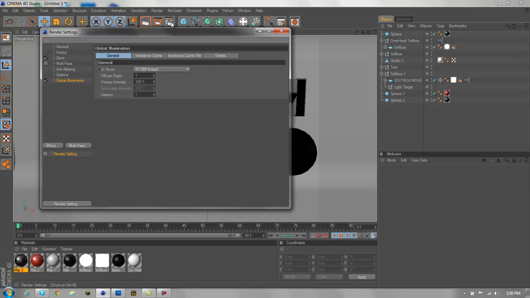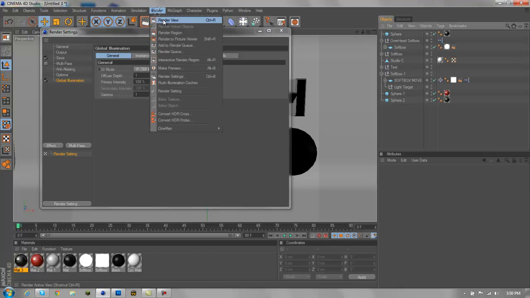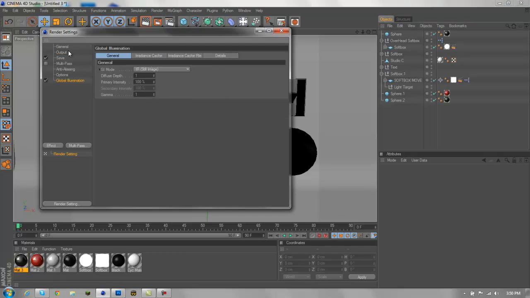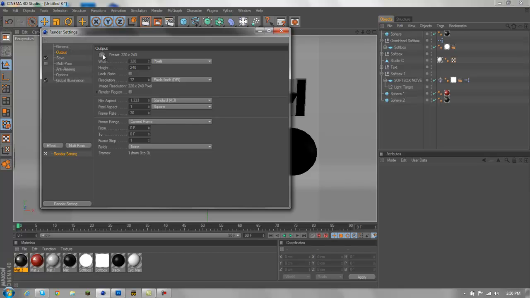And so we're gonna go into render settings. You click here, or you can click render settings, wherever the heck it is. Render settings right here, and you'll get this. You're gonna go to output, and you're gonna want your screen resolution if you're gonna make it a background. Now my screen resolution was 1600 by 900, and to find the screen resolution, if you want, you can go